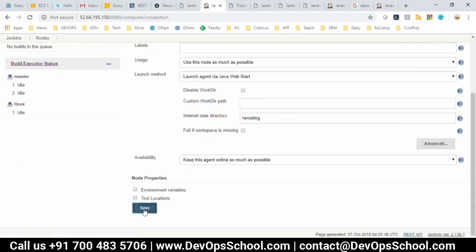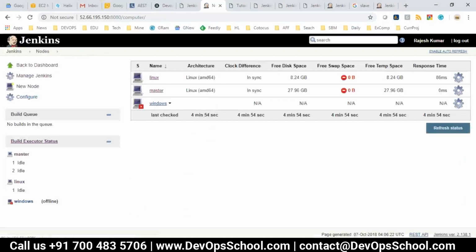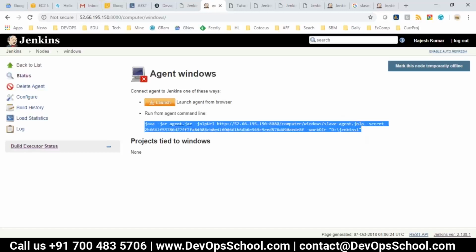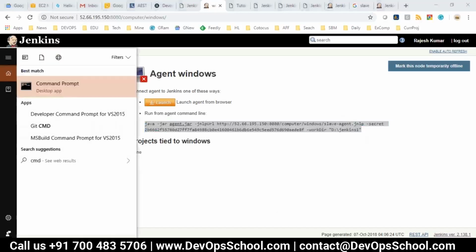Custom, that's not needed right now. Save it. Now this command you have to run in the Windows. Okay, this command. So now I go for CMD, open with administrator